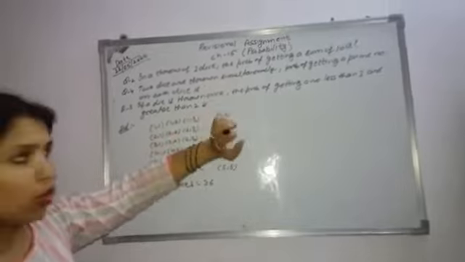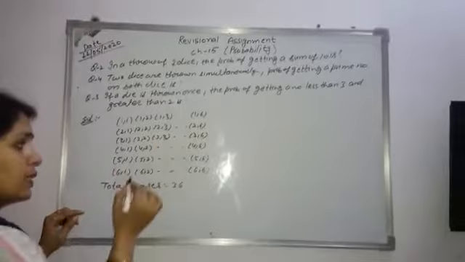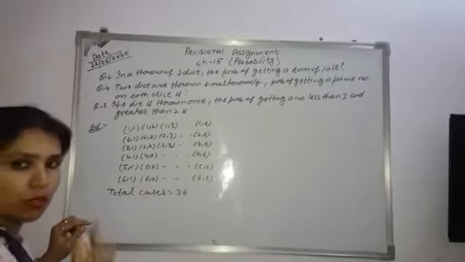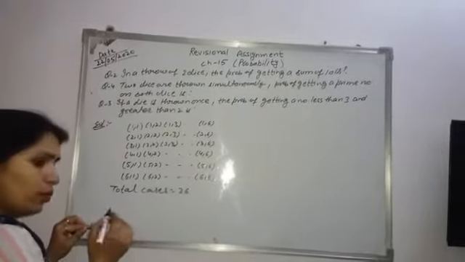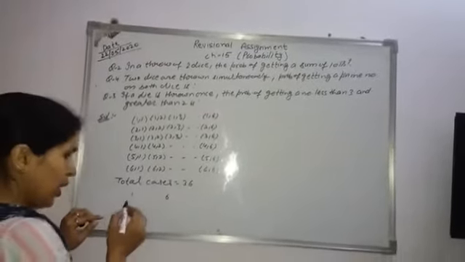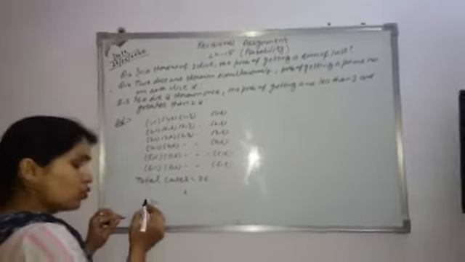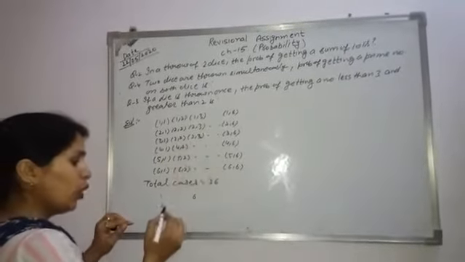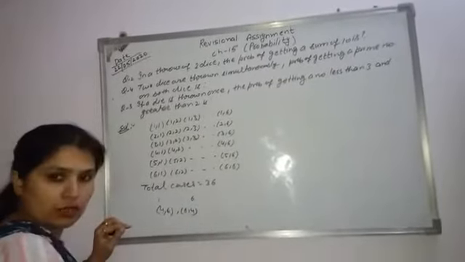Which probability do we want to find out? Getting a sum of 10. Now in these cases, how many cases are there when the sum is equal to 10? What is the combination of 10? We know that on a die the numbers 1 to 6 are present. If we take 3, then the next number must be 7, but 7 is not present on the die. So the next case is 4. Here we obtain 4, 6 and the reverse of this is 6, 4.